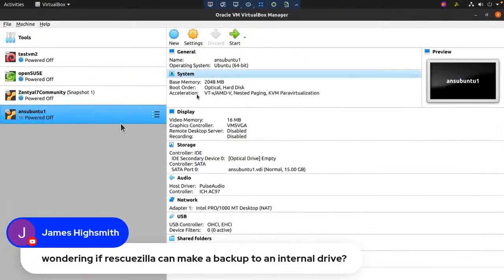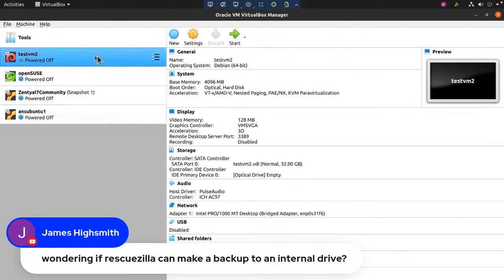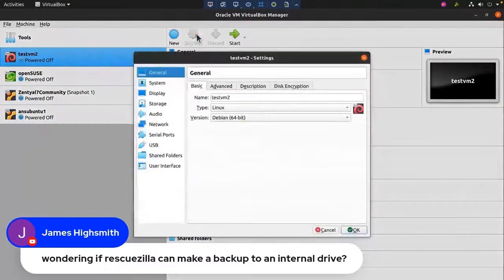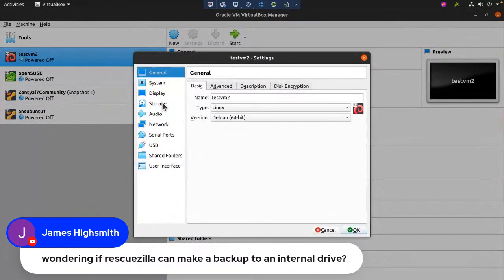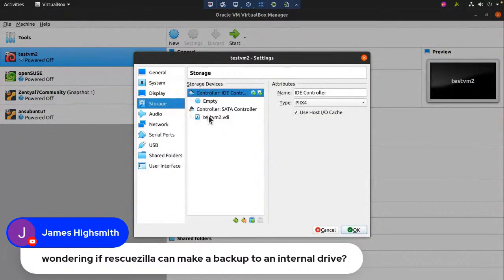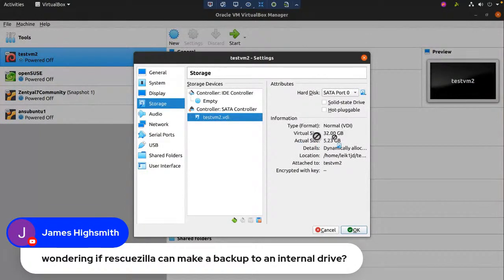I don't think I've got a Windows VM on here, but we'll just take this test VM and we'll make a couple modifications right here real quick. Like, right now this has a 32 gigabyte virtual hard drive. And we're going to add,